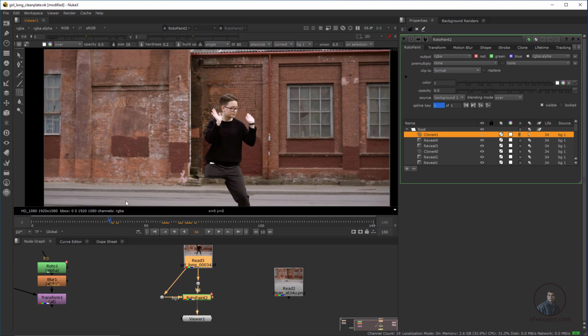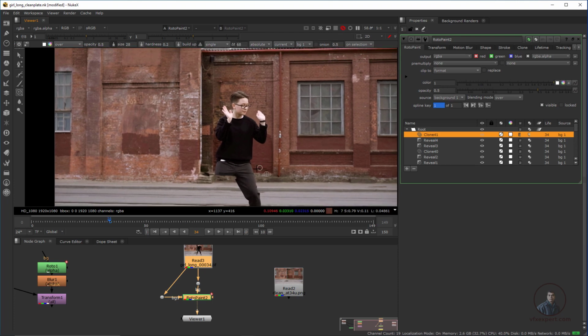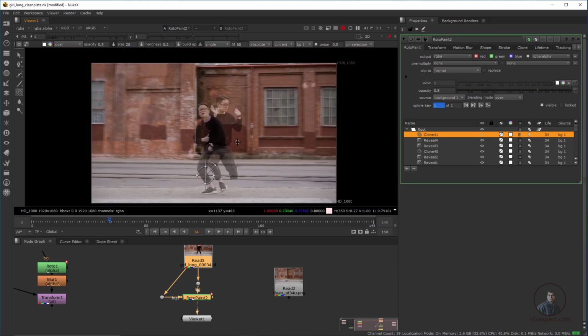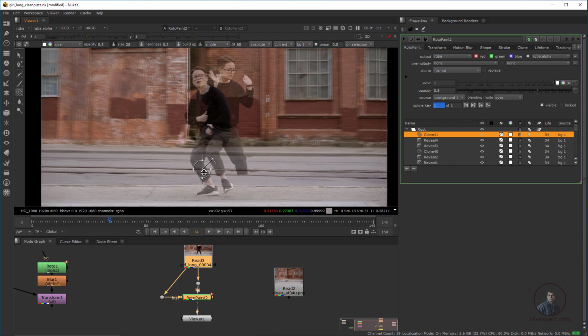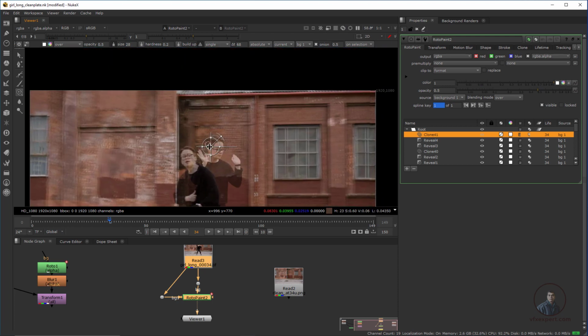Now again come here on frame 34, then type in frame 68 here, then again press T and adjust this. Hold Control and move it a little bit here, now adjust.